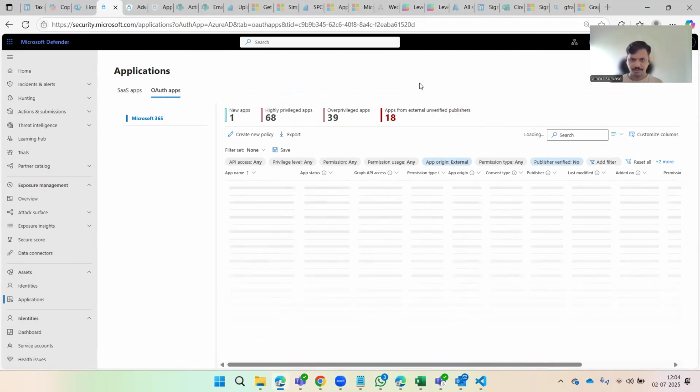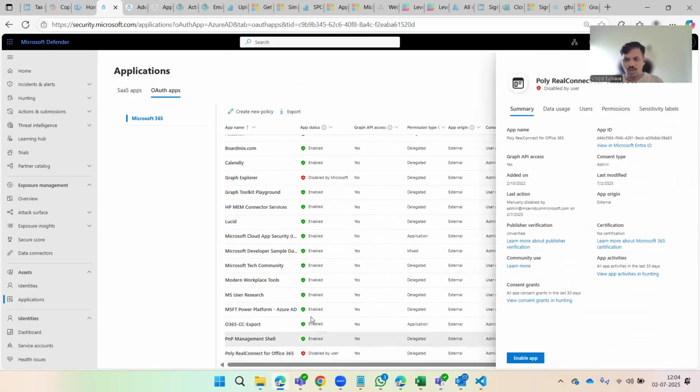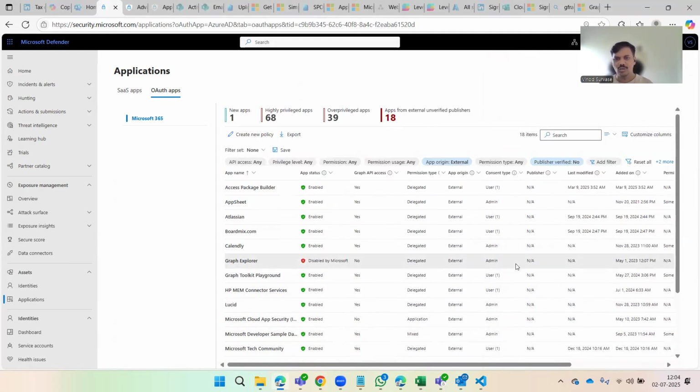Click on this one, scroll it down, perfect. You can see that this application is disabled by user, right? And once it is disabled, it is no longer accessible and usable for users. You can see the same last action taken by a user in this state, so that we know who did what action as per their permissions, and that's going to help us track down all those activities as well, right? So yeah, these are the two methods I wanted to show you